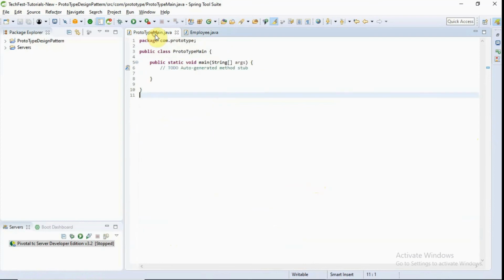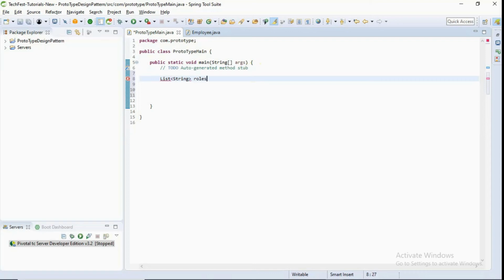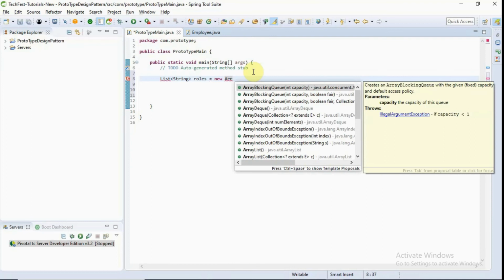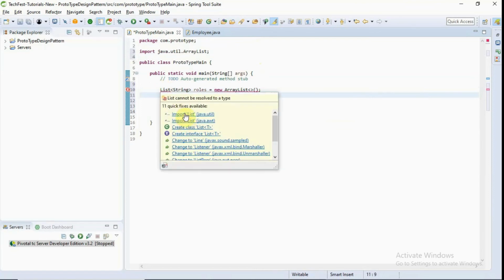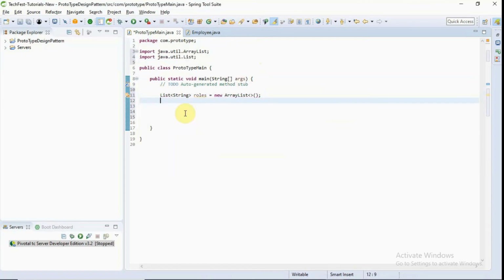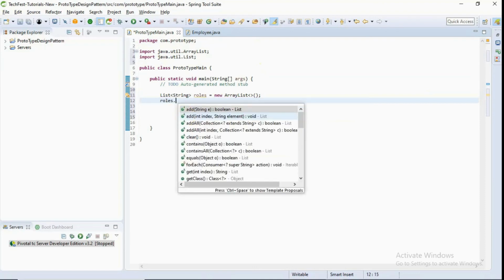And now in the main class, firstly we need to create an employee class object. For that, we need to create one list of roles which we need to pass. So I'm creating one ArrayList, and after that I'm just adding some roles in it.